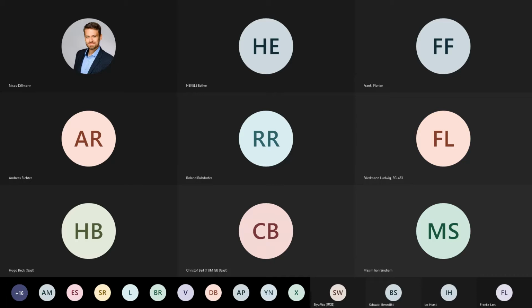But the problem with this is that you're then already stuck to a data format. Perhaps we have to clarify that CityGML is not a data format. It's more like an ontology of how to describe objects in the city. And I really recommend to not stick to any real data format like GLTF, because GLTF